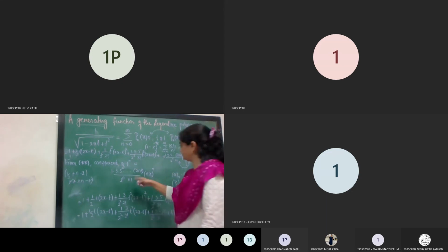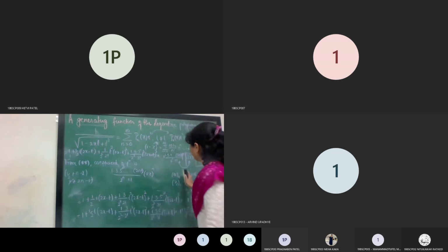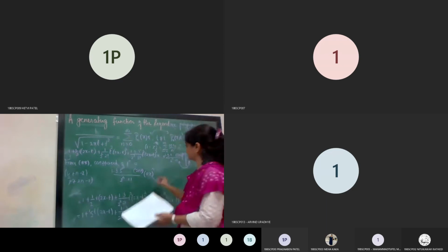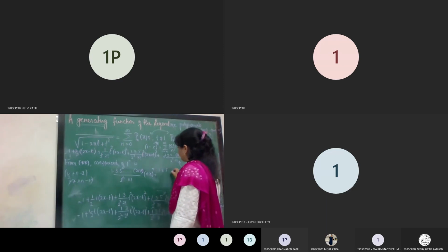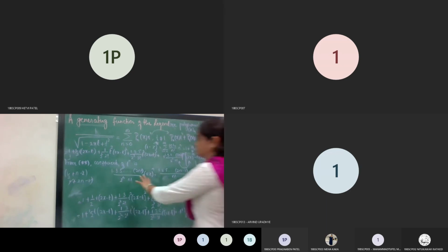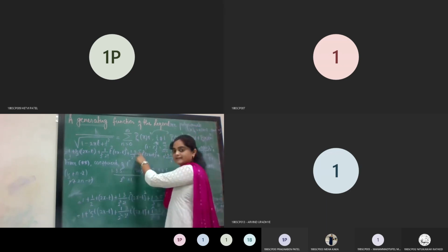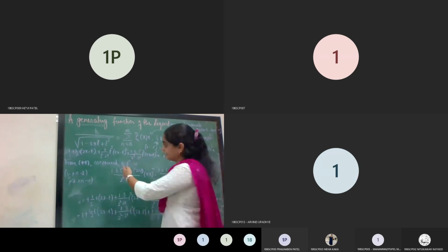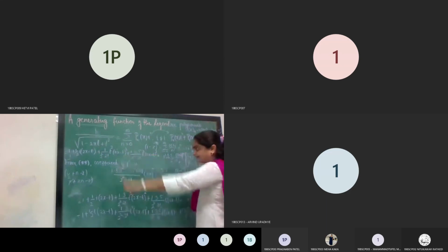So you can see that 2n gets cancelled, and we'll have here just 1 into 3 into 5 up to 2n minus 1 upon 2 raised to n factor gets cancelled. So this is what we are getting. Okay, so this is what the coefficient of t raised to n in this term. Now we will compare the coefficients of t raised to n minus 1. तो t raised to n minus 1 यहाँ पर कहाँ पर आएगा तो बताओ मुझे.